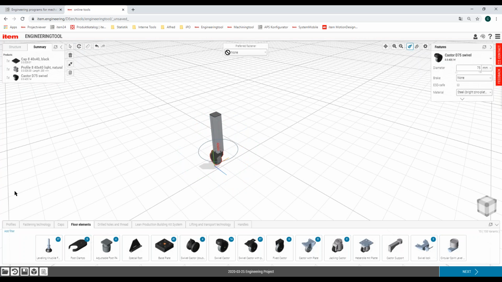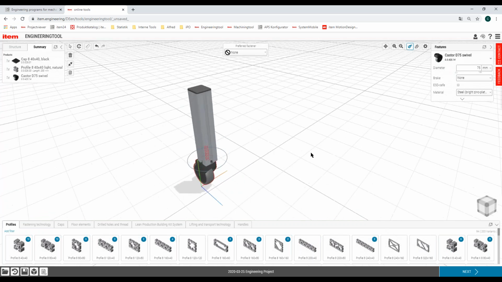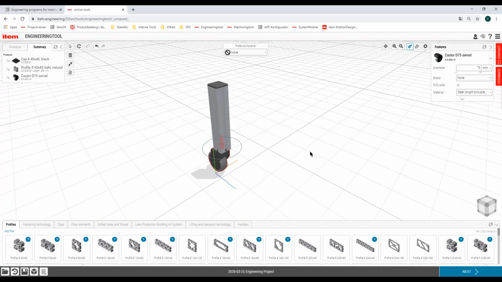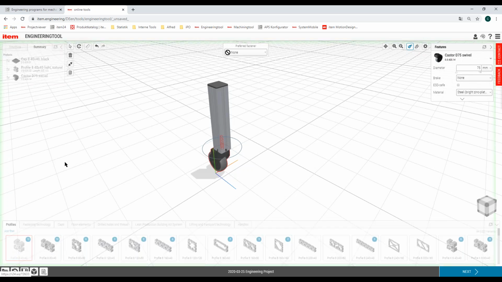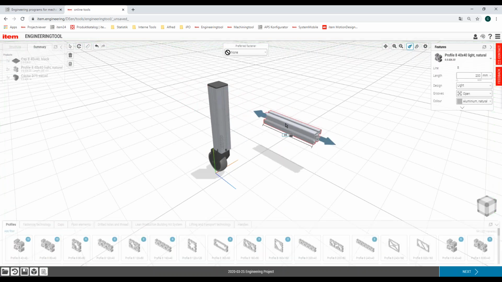And now I will tell you a small secret, which is not so secret. All of my colleagues know about it. I'm a lazy guy. I don't like to do the same job again and again and again. I like to save time. That's the same thing with our profiles. Now if you see, I would like to add this profile to my scene, and it's not working. Why not? There's no fastening set. But I can save time by using this button here, Preferred Fastener.